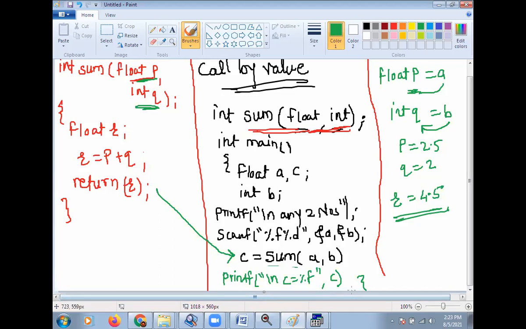Okay, this is called call by value. We are passing the values to the function.